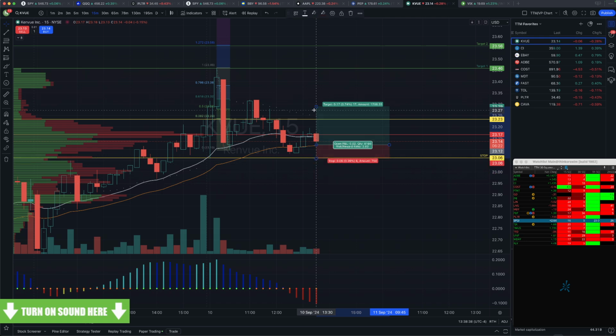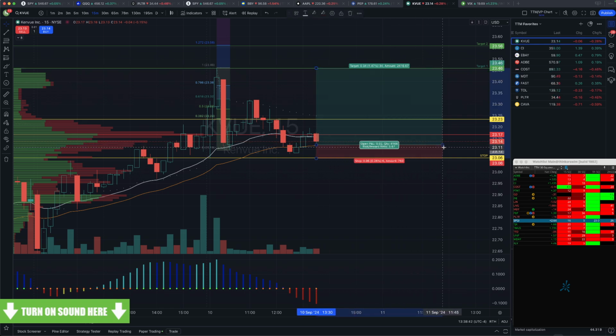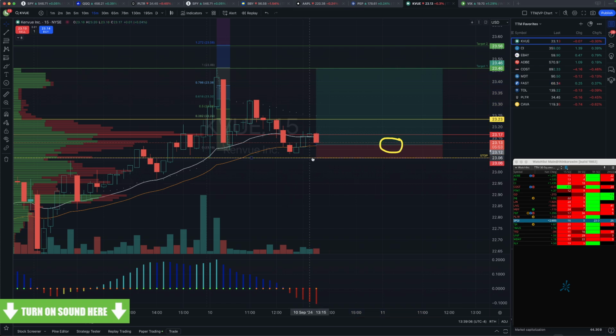So here's my stop level. Here's my first target, right? So this is going to tell me that if I take this trade and I honor my stop and I wait for my target, I have a 5.6 to 1 risk reward. Okay, so that is an acceptable risk reward that fits within my parameters. And now I'm just waiting for this to come in and give me a good entry around the 34 EMA